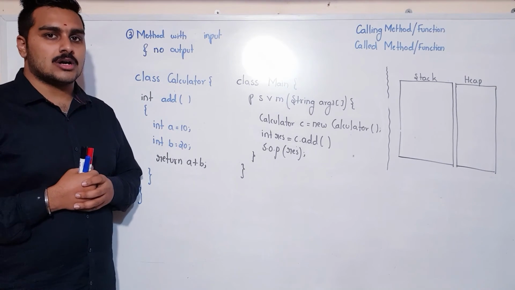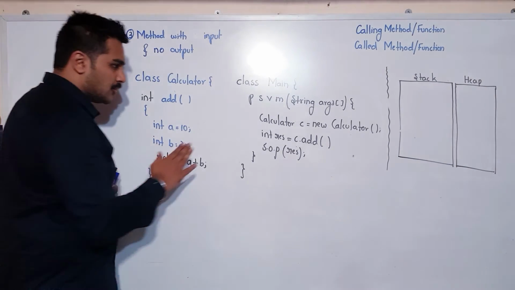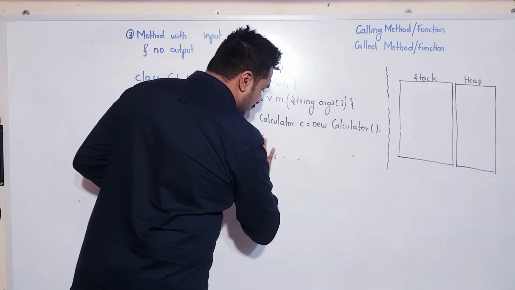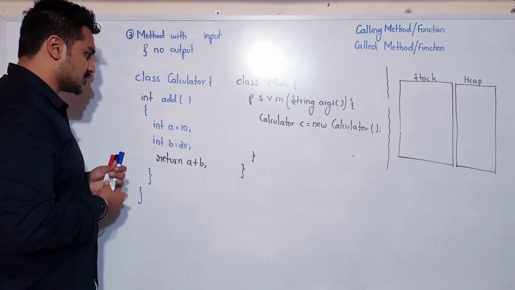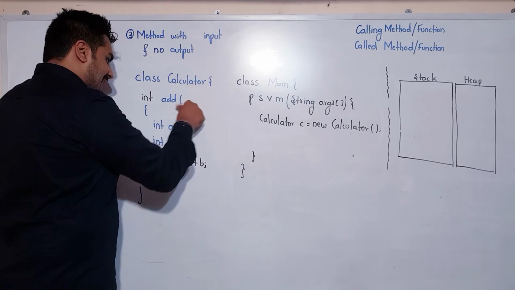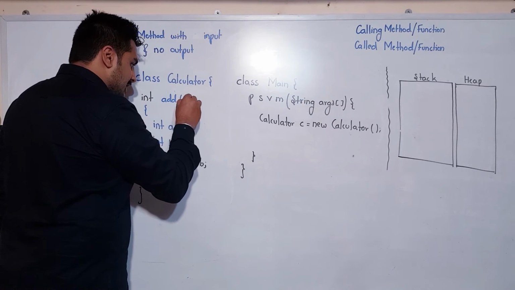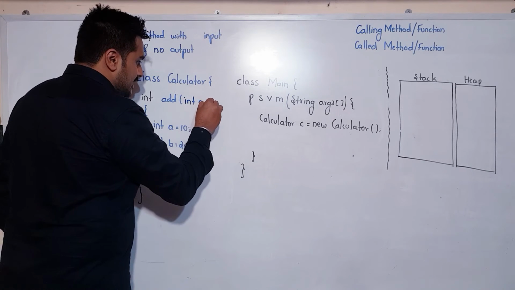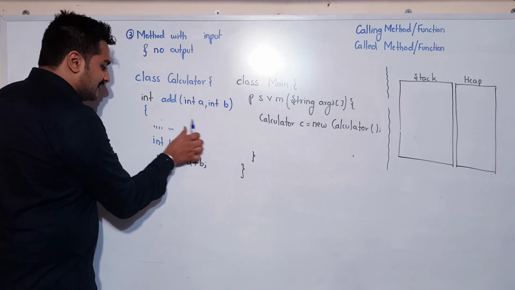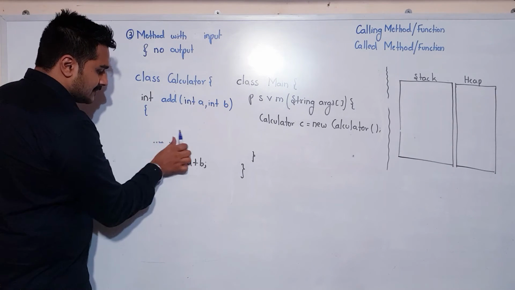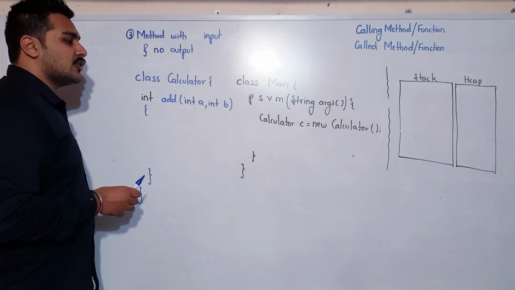How is it going to work? Now let us quickly look into the changes that we have to do in the program. I'm not going to have this as of now here. I don't want this. I'm making reusability of things. In place of add, I'm going to tell add function accepting integer type A, integer type B. And I'm not going to have this line as well. Neither this line.